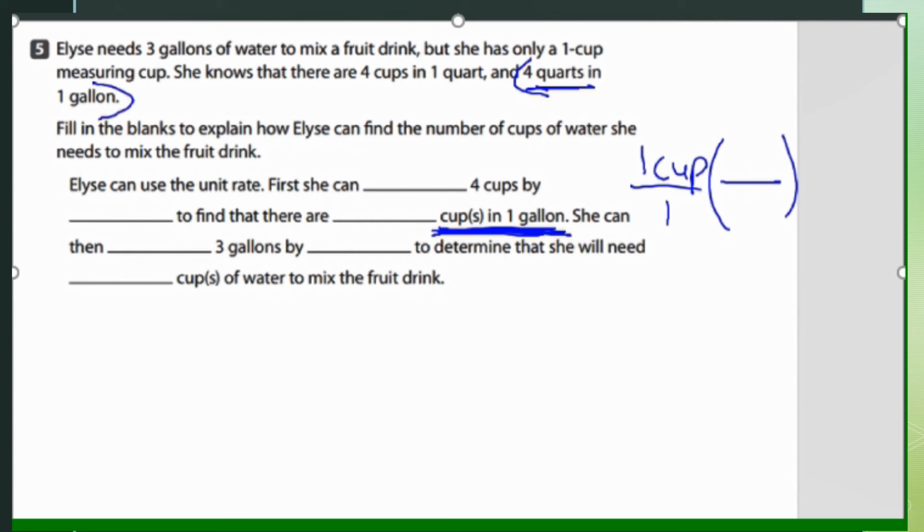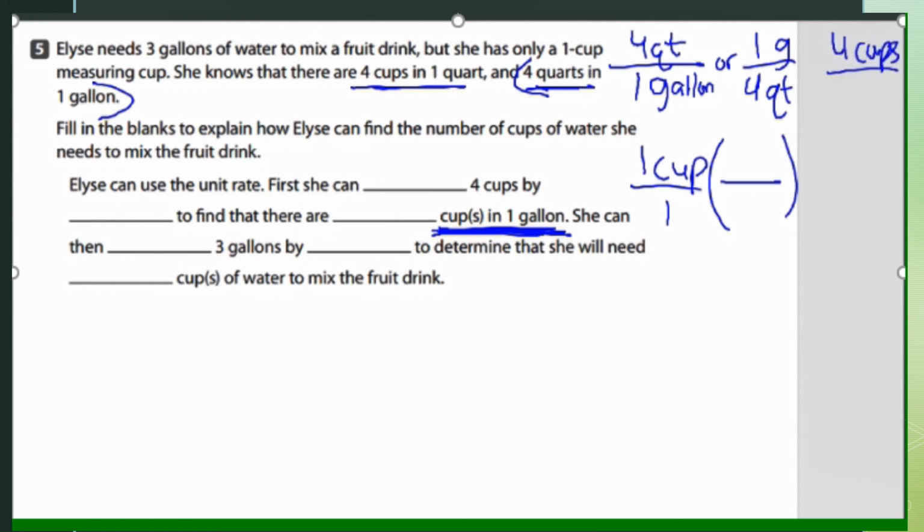So we can say that 4 quarts per 1 gallon, or 1 gallon per 4 quarts. That's our conversion factor. And the other conversion factor that we may need is 4 cups per 1 quart, or the reciprocal of that. So I need the reciprocal of this because I have cups in the numerator, so I need cups in the denominator so they can cancel out. Anything divided by itself equals 1. So 4 cups, and then I need 1 quart in the numerator. Now this says how many cups are in 1 gallon, so 1 cup